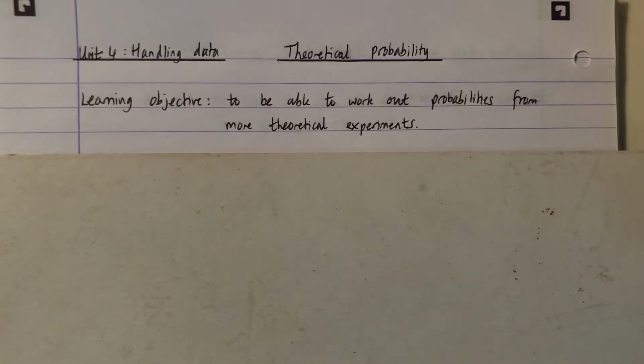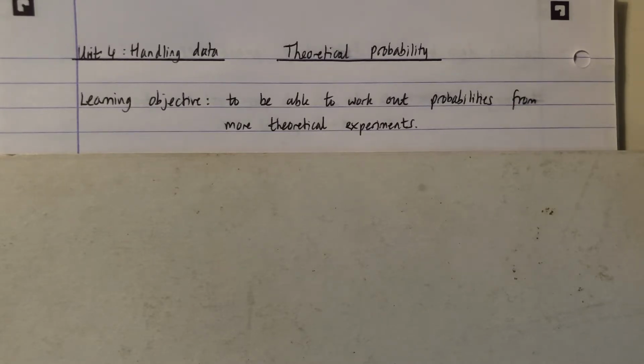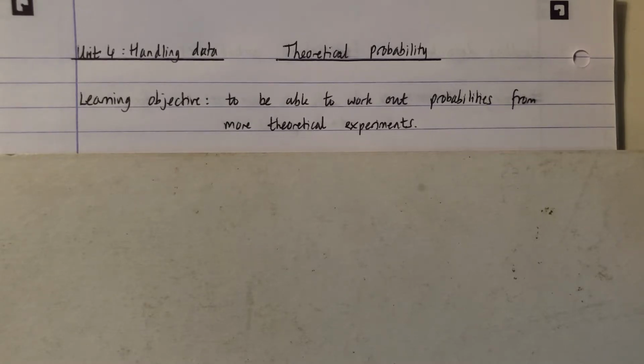Hello Year 10 mathematicians, just going to move on to theoretical probability in the Unit 4 chapter Handling Data. It's the last chapter in the textbook. The main objective today is to work out probabilities from more theoretical experiments. So we're not actually going to conduct any of the experiments or estimate any probabilities. This is where you know the probability in advance and then you state the theoretical outcome rather than doing an